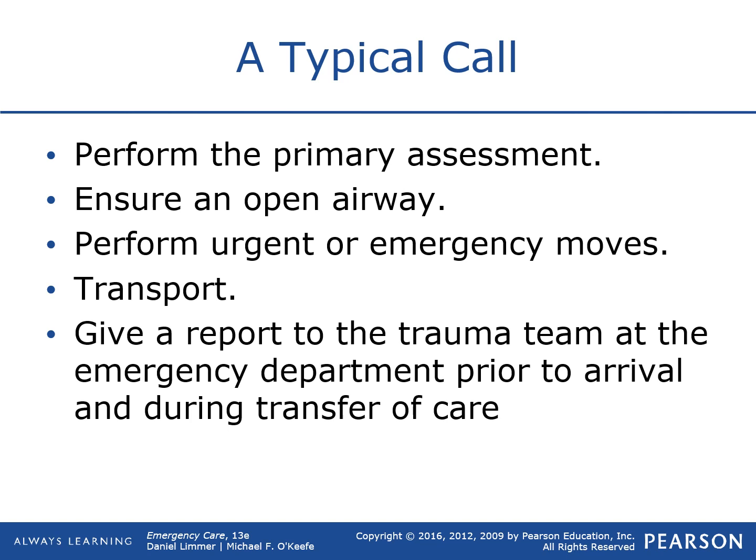And then it is also very, very, very important that you give a report to the trauma team before you get to the hospital and then after you get to the hospital. Before you get to the hospital so that they can assemble the trauma team and be ready for you, so that when you arrive, you just pull your patient into the trauma bay and they can start their treatment and assessment immediately. And then make sure that you give a full report to everyone there,